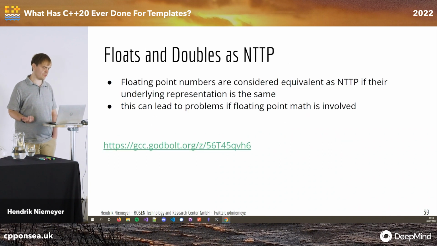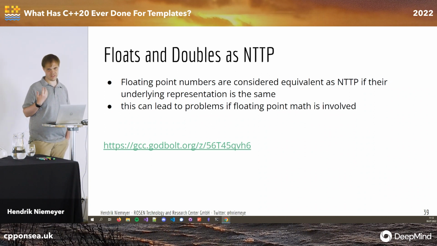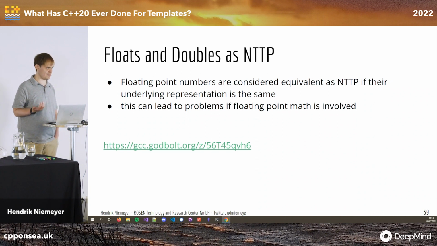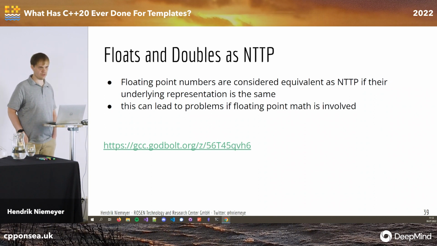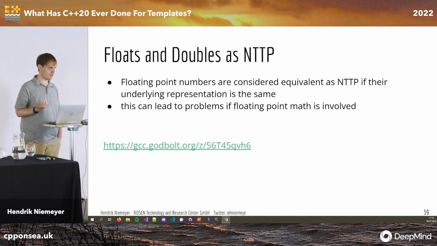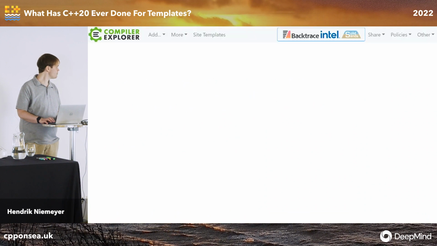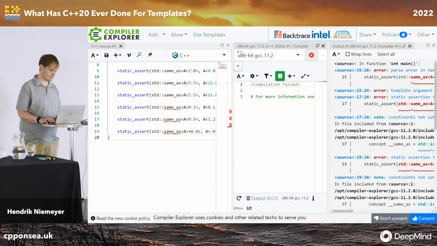Yeah, we can use floats and doubles now in non-type template parameters. And if you think of it, that can be a little bit tricky because floating point math doesn't behave like we expect it to do sometimes. And how does the compiler check, for example, if two floats or doubles as non-type template parameters are the same? It's done by comparing the underlying bit pattern of the float and the double. And this can lead to surprises if floating point math is involved. So if we have a look at it here,